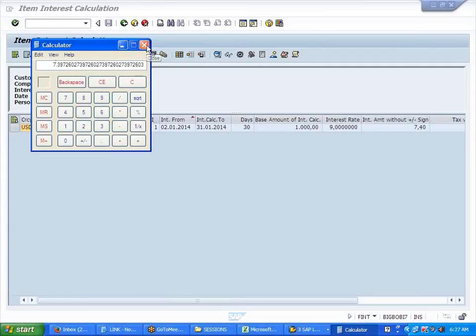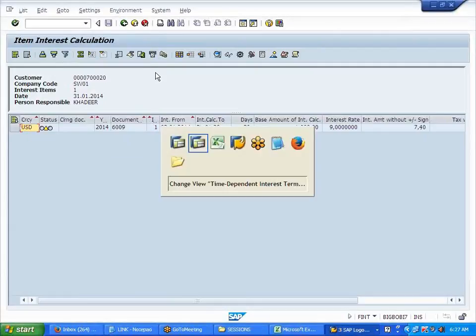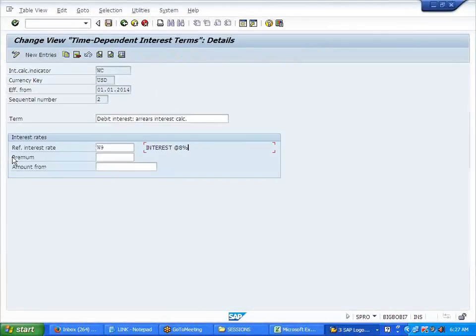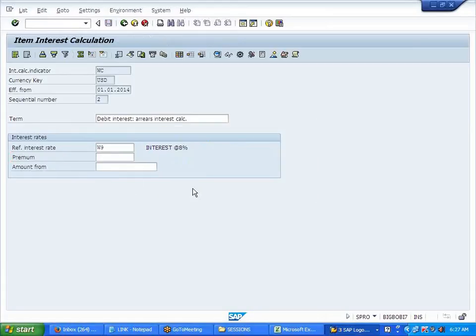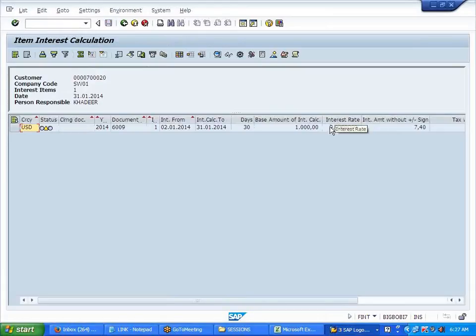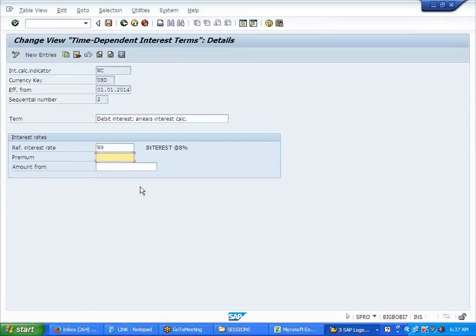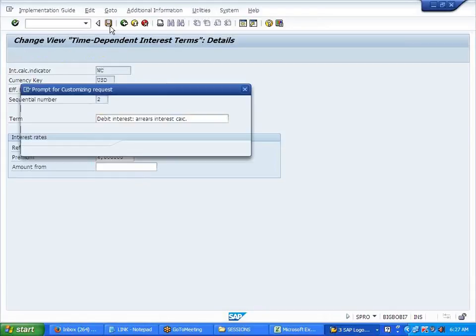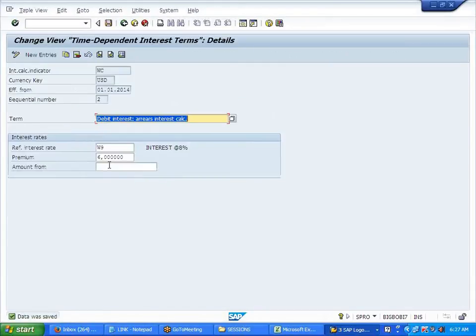Now I just want to show you the significance of this premium. How much does it show here? 9%, right? So what I'll do is give 6 here and save.